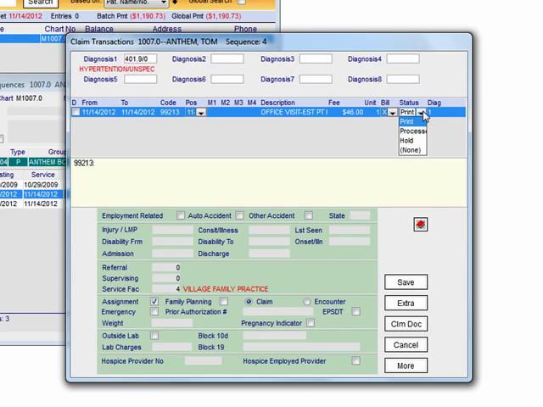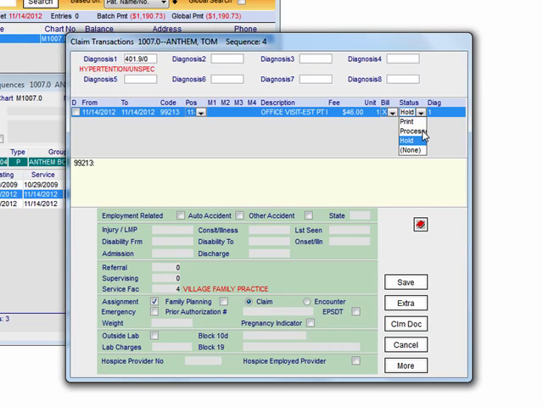Next, you have status. Status is automatically set to print when you create a new claim. You can override this by setting it to hold if maybe you're pending some type of information like a unit measure on an injection or so forth. Or if you know the claim's already been processed and you're just simply recreating it for some reason, you can set it to processed. What processed means is the system shows the claim, but it shows that it's pending payment